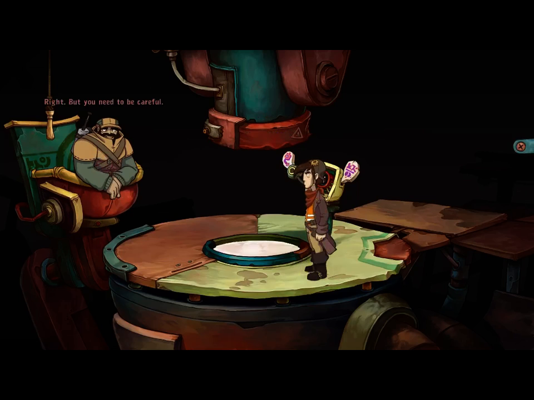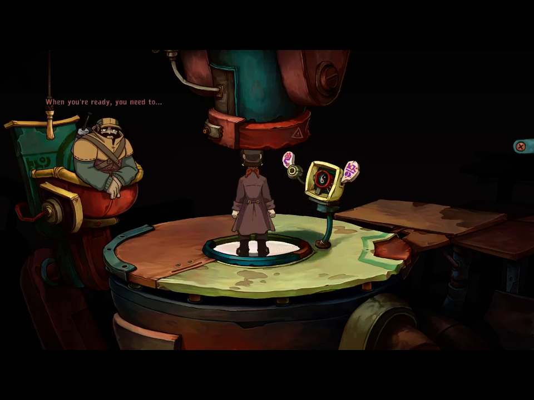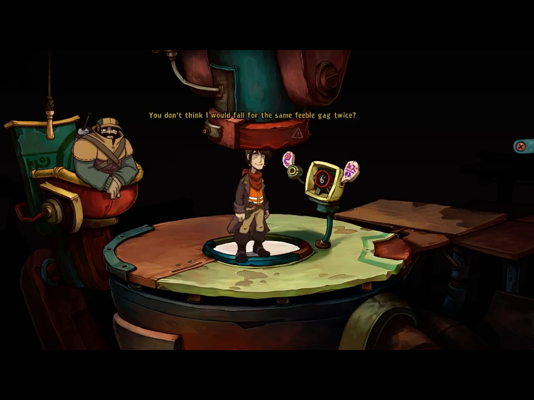Right. But you need to be careful. Hey, being careful is for people who can't handle surprises. But in this case, the surprise would be the piston of the press which, with all the force of an approaching steamroller, would crush your... Don't say it. You're spoiling my surprise. That's a good point. When you're ready, you need to. Hold your horses, will ya? It's just a button. I think I can manage without your help. Rufus, don't. You're standing right under the... Don't panic. You don't think I'd fall for the same feeble gag twice. So, what was that again? I push this button here, and then...